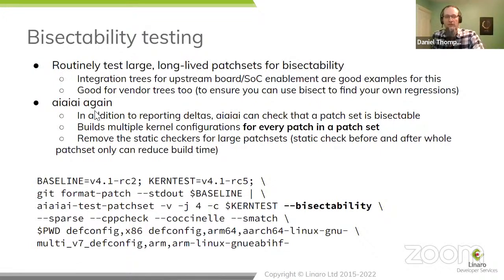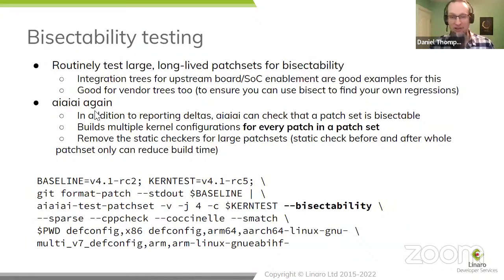It's also worthwhile running for your own vendor trees when you get the opportunity, so that you are able to bisect and look for your own regressions if you create them. So I use III for this. Again, there are other tools you can use. I've got a colleague who's poking me frequently to ask me to test the one that he's written, and I really wish I'd got around to doing it by now.